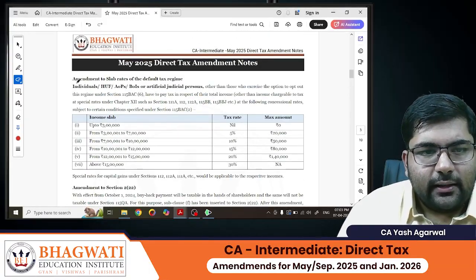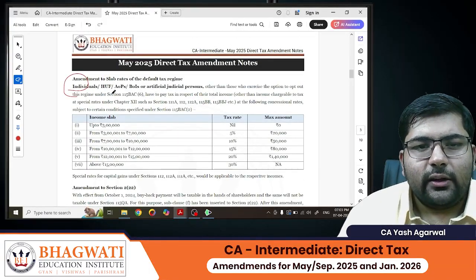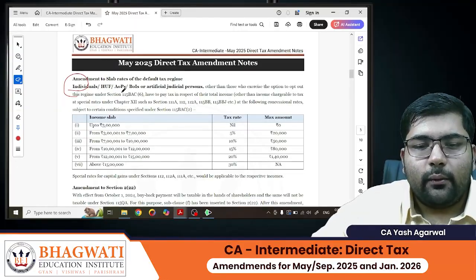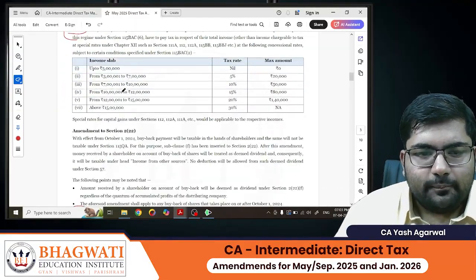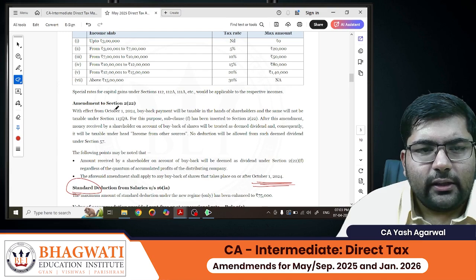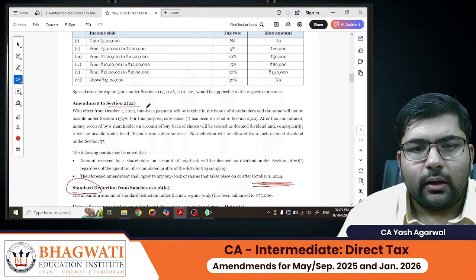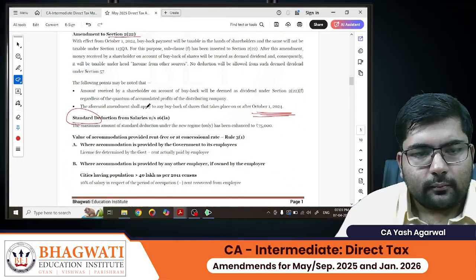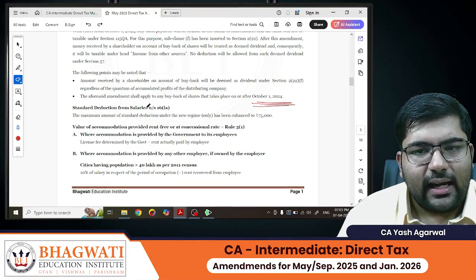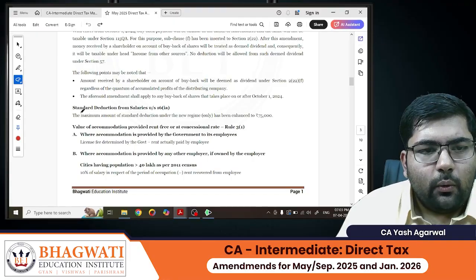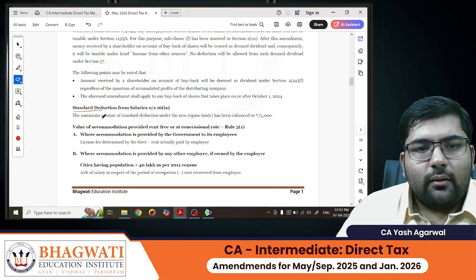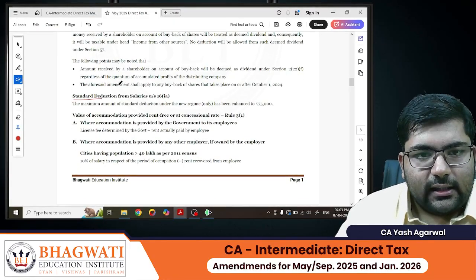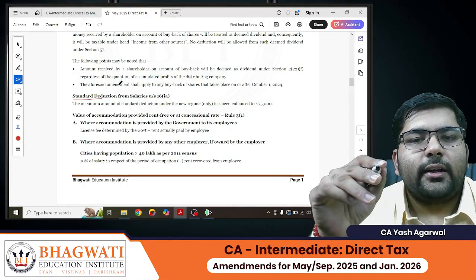The slab rates which have changed, this is only and only in the new regime, the default regime, the Section 115BAC regime. Okay. The amendment to Section 2, Clause 22, which I just told you about, dividend, this is applicable to both regimes. The next amendment that I'm telling you about, salaries, this is applicable only to the new regime. When you compute income under the head salaries, until now you would have given a standard deduction of rupees